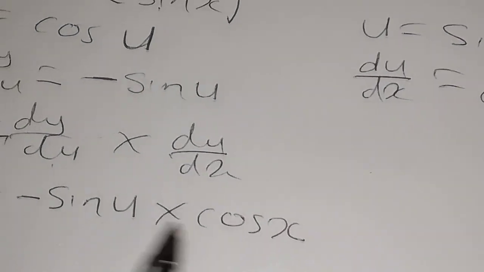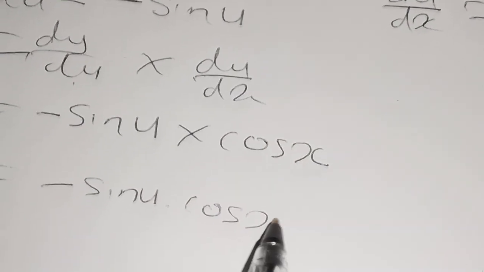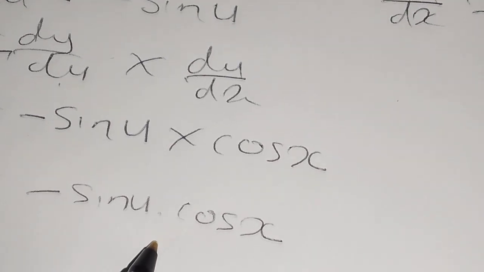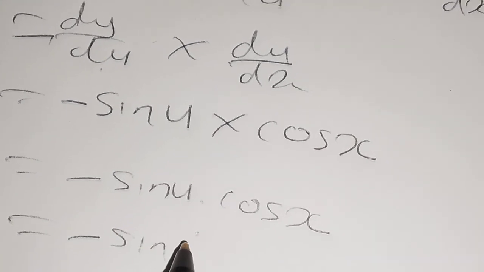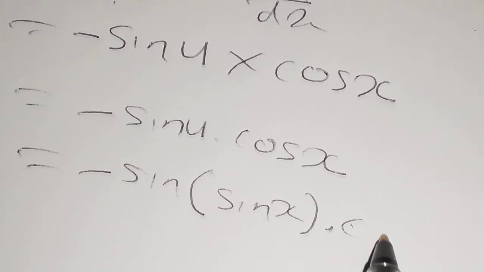If we multiply this, we are going to have negative sin u cos x. Now remember that our u is equal to sin x. So our answer will be negative sin, where there is u you put sin x, then cos